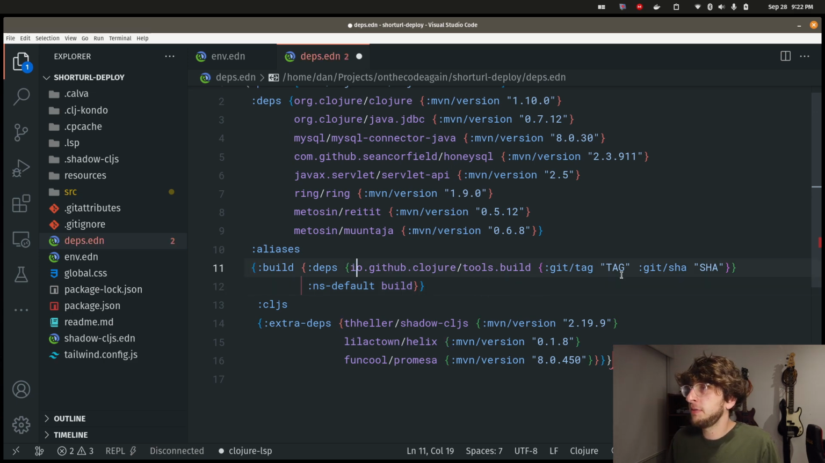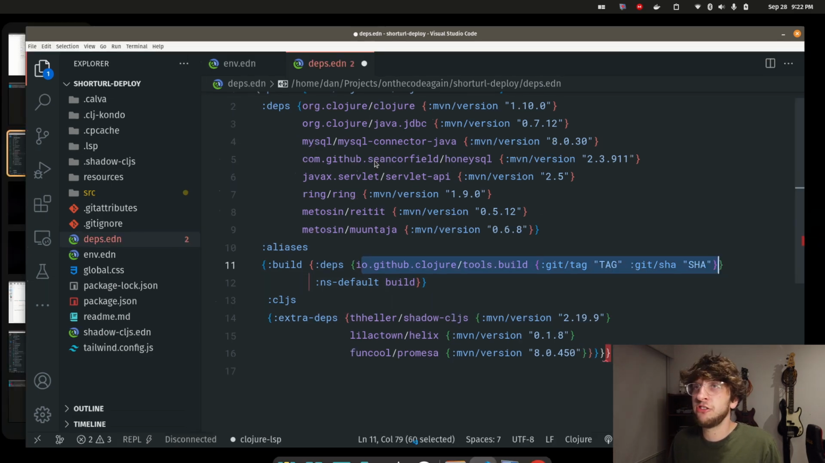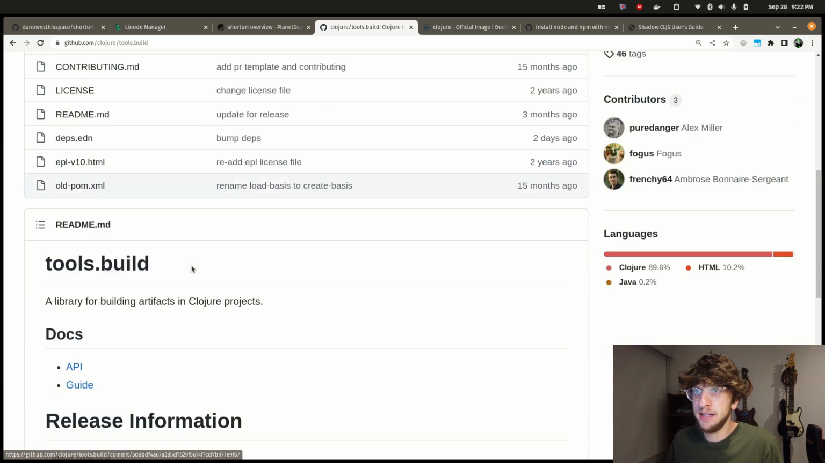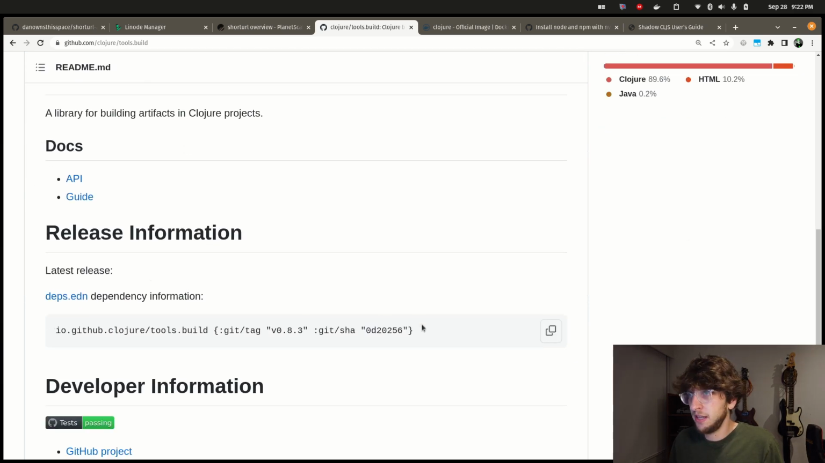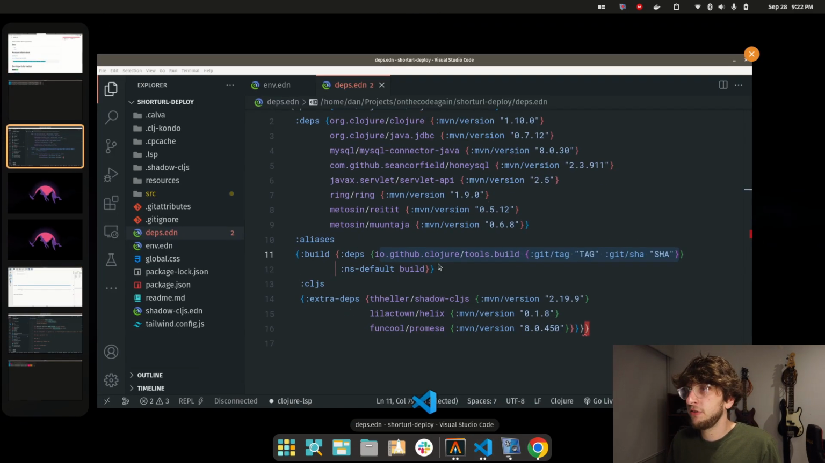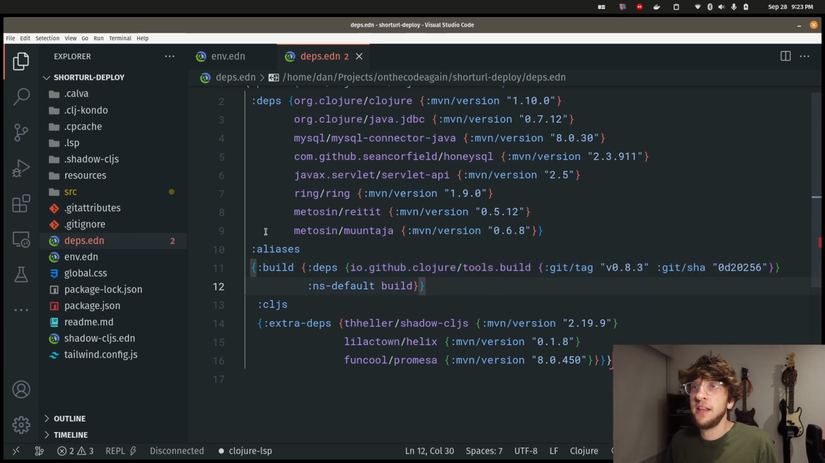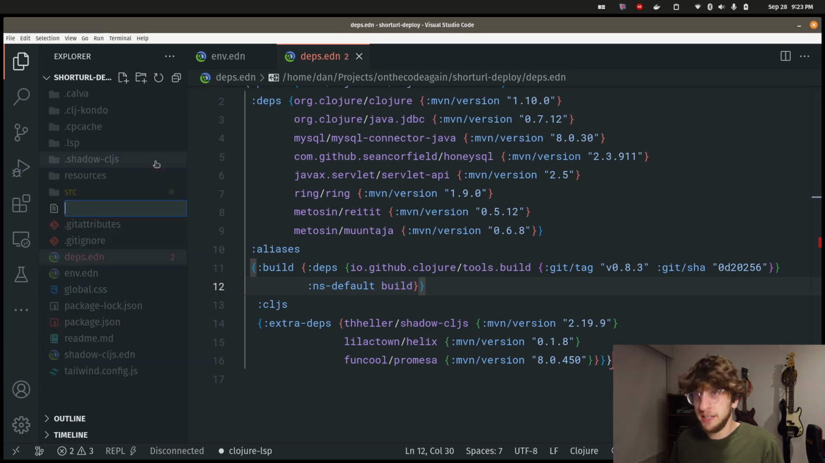And then we just need to replace this library with the right tag and sha. So let's go to the top here, click on tools.build. This will take us to the GitHub repo, and here we can copy the library. So go back to our project and replace this. And then I'm going to create a new file here. I'm going to call it